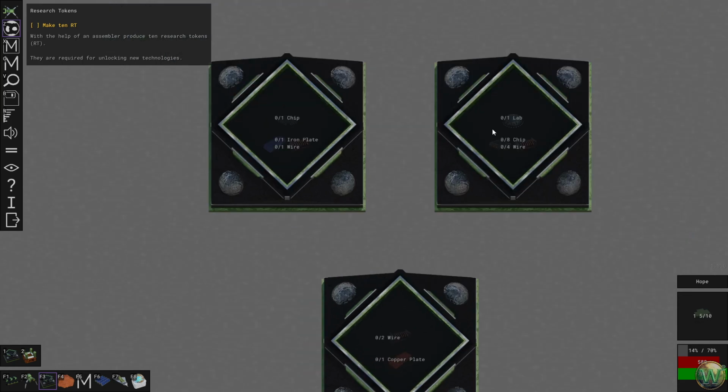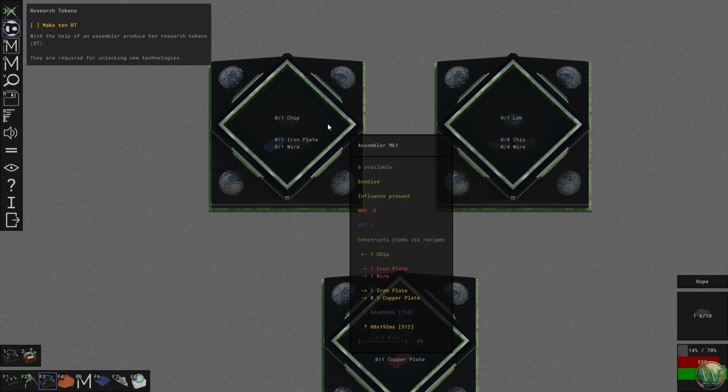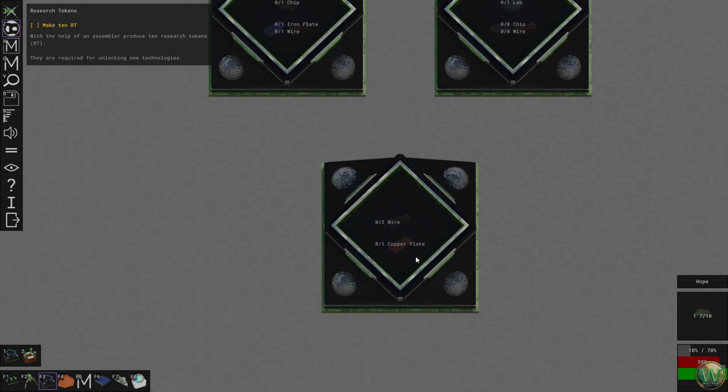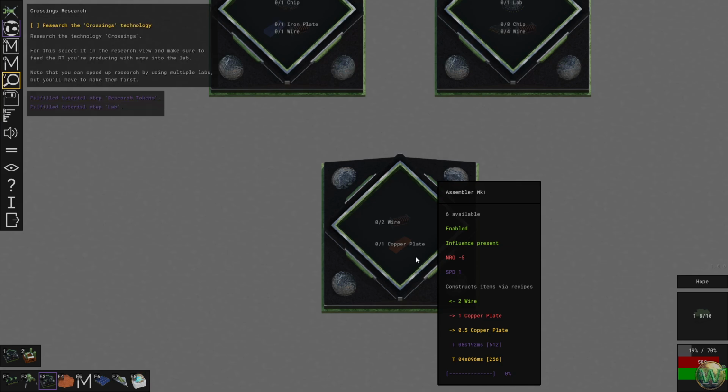One lab requires 8 chips and 4 wires every 2048 ticks. This will make 1 chip every 256, which means that one of these will make more than enough chips for one of these. In fact, it will actually wait 8 chips every 2048, 1 every 256. That's actually perfect. And this will require iron plate and 1 wire. And that 1 wire is every 256. So then we can take a look at the wire recipe, which produces 2 wire every 512, which is the number there in purple, by the way. Oh, thank you. Which is...